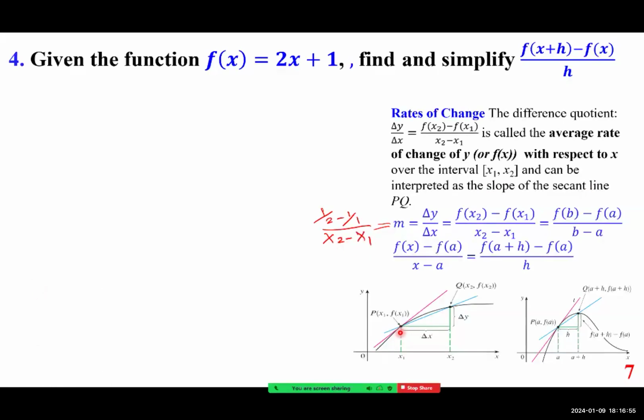So how do you write that? Well, if you go with this, writing x sub 1 and f of x sub 1, and this writing x sub 2 and f of x sub 2, we get the first one. If we call this point A, then this is f of A. If we call this B,